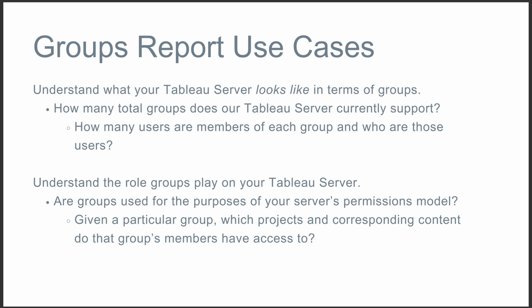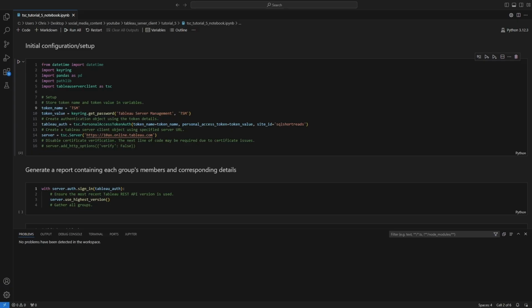Having briefly discussed the use cases, I will now jump over to Visual Studio Code to begin writing a script to generate a report on the groups maintained on my Tableau server. For this example, I'm going to send a request to my Tableau server to provide a list of all groups existing on the server. After retrieving that list of group objects, I will create a simple report that provides important